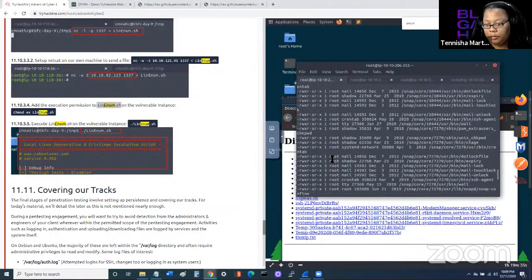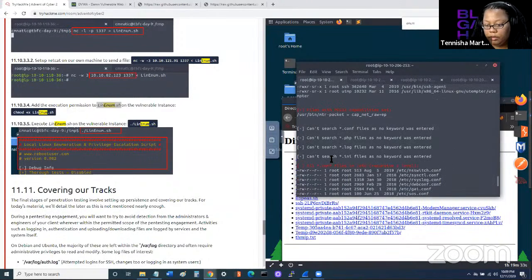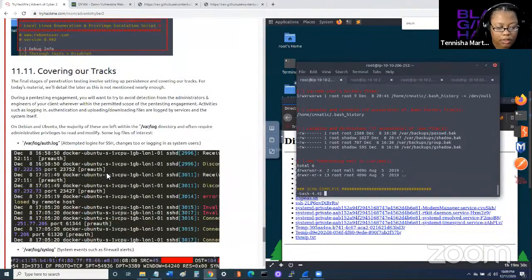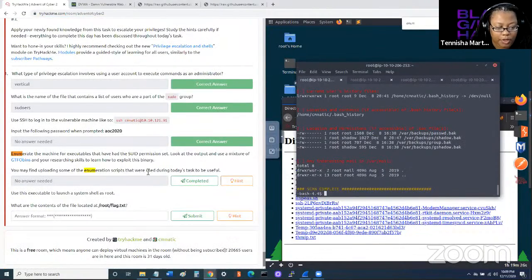All right, so it gave us a whole bunch of information and it's complete now. So let's see if we can answer some questions. You may find some enumeration scripts useful. What are the contents of the file located at root/flag? So is it just as easy as saying